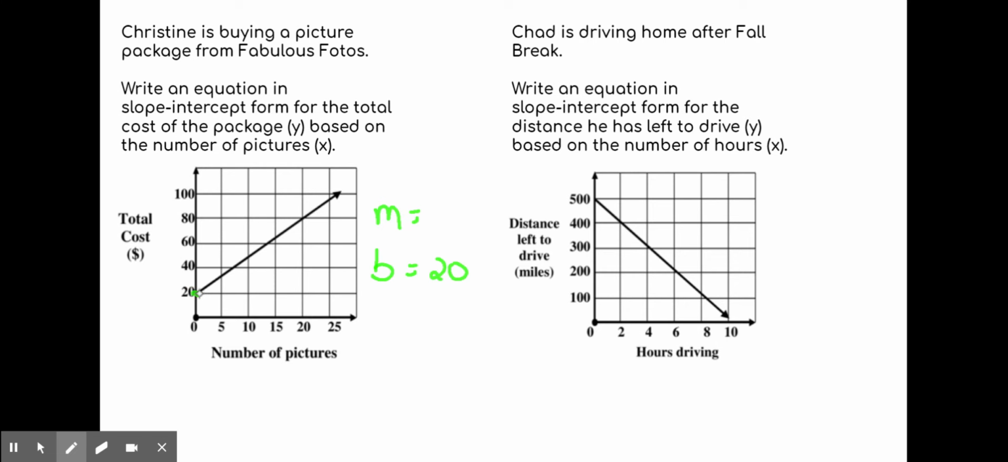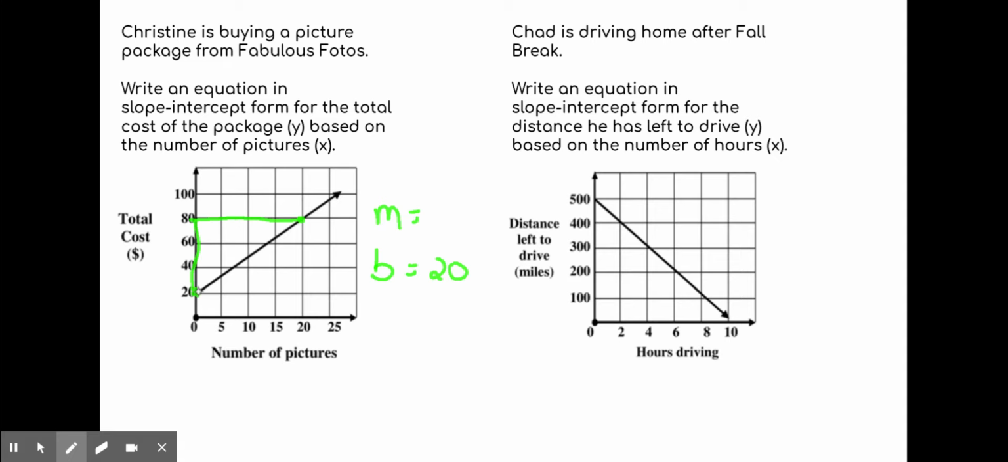Now we need the slope, and here's where we have to be careful, because if you notice, we're not counting by ones. When we're in a real world situation, the scale will often be different. We have to pay attention to that. So I have this point. I find this point here. I draw my slope triangle, and I cannot just say 1, 2, 3 over 1, 2, 3, 4, because every